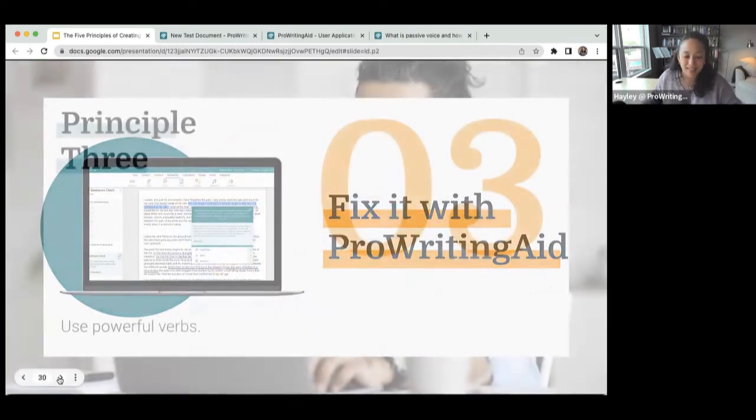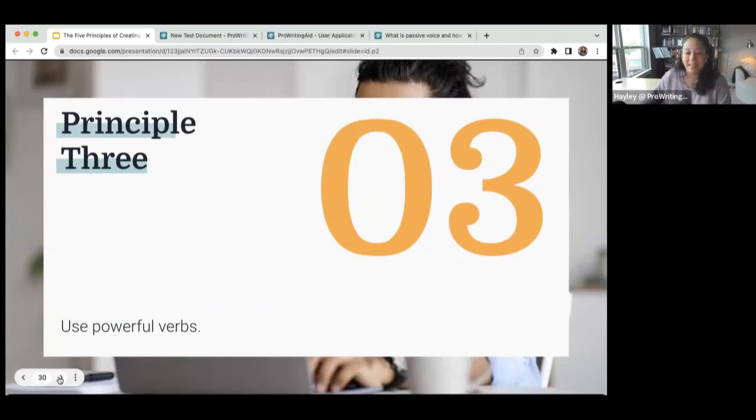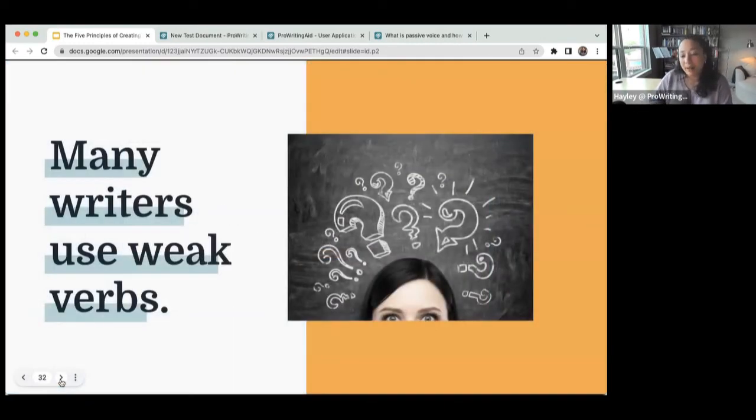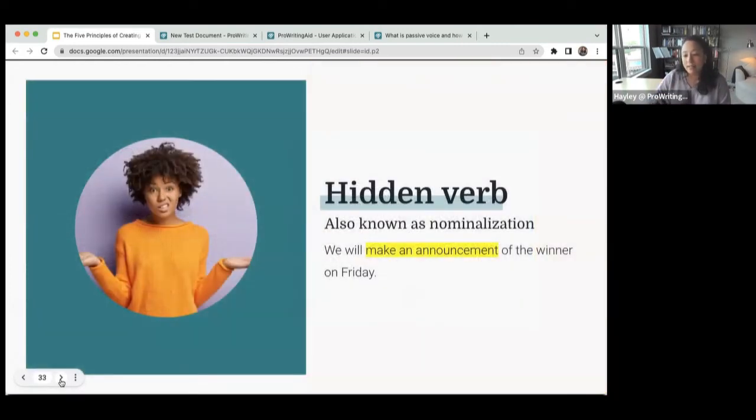So we talked about how to fix sticky sentences with ProWritingAid. Let's talk about using powerful verbs. Just like subjects are the stars of our sentences, verbs are the engines of our writing. So many writers, unfortunately, including myself, tend to use weak verbs instead of strong verbs. This can take place in 2 different ways. The first is by hiding your verbs, which is a process known as nominalization, which also, by the way, can contribute to sticky sentences,